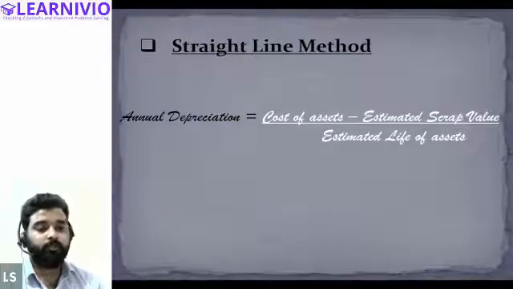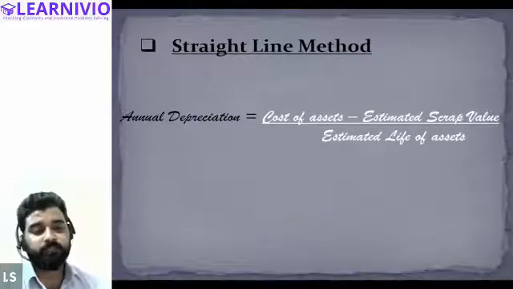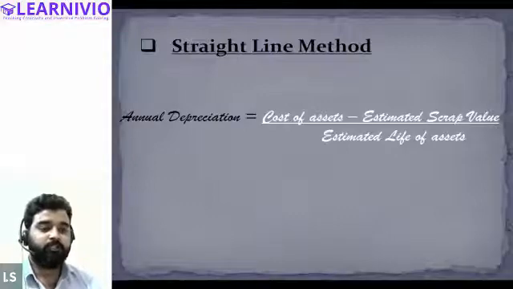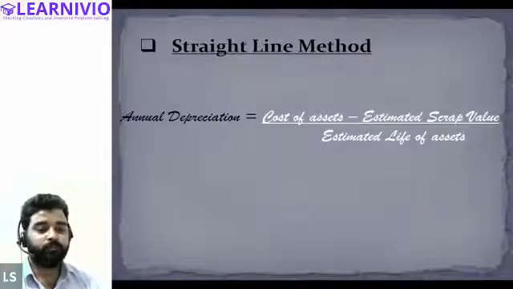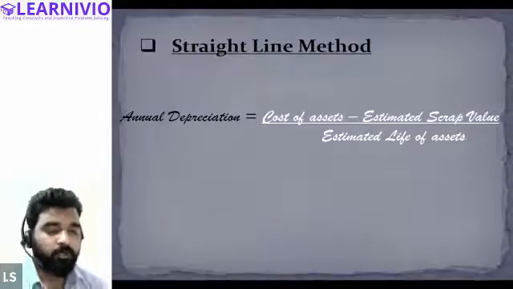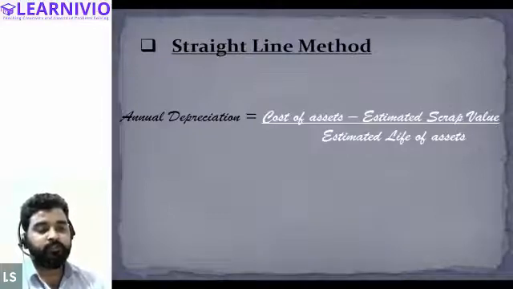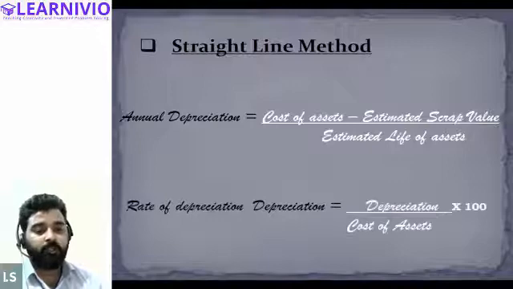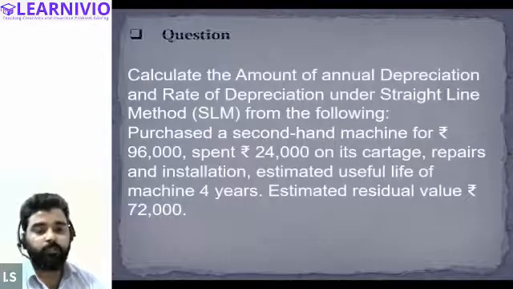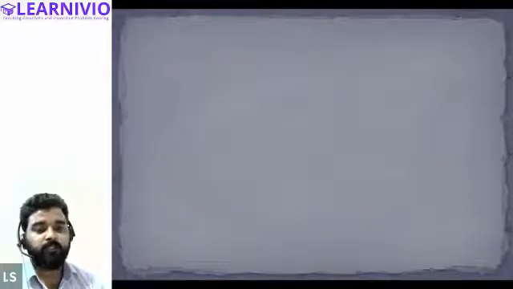I have also told you that in order to calculate the cost of the asset, you will always include the expenses incurred till it is ready to use. Whatever expenses are incurred regarding the machinery or any other asset till it becomes ready to use are considered part of the cost. So all the expenses are included in the cost of the asset till it gets ready to use. Other than this, we have also understood the formula for calculating the rate of depreciation.